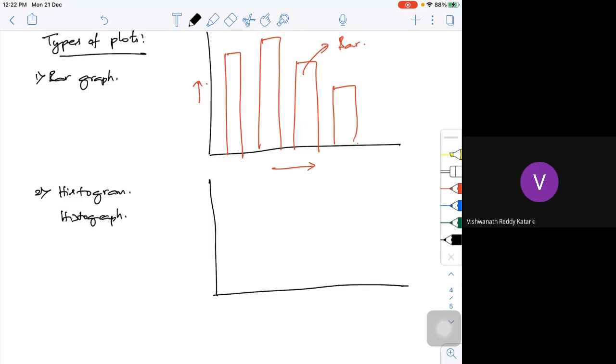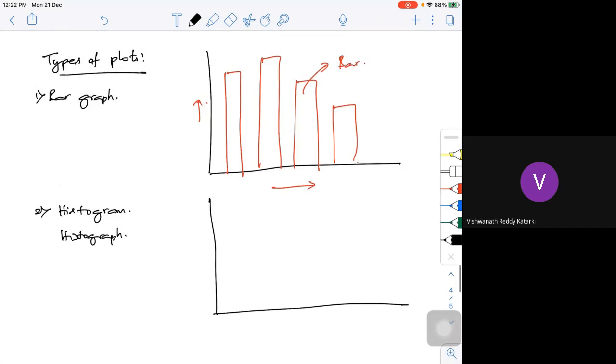Histogram relates to statistics, where I group a particular thing. Say, how many people scored S grade, how many scored A grade, how many scored B grade, how many scored C grade. What type of chart am I going to put? I'm going to put a bar chart. The type of chart we look at is the bar chart, so here I can put the number of students or something like that.